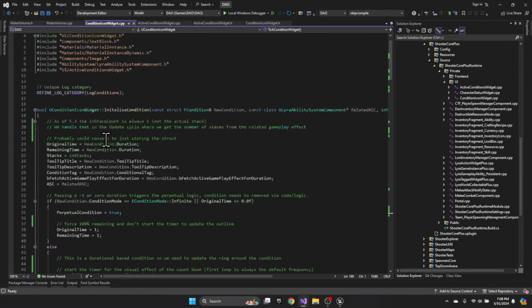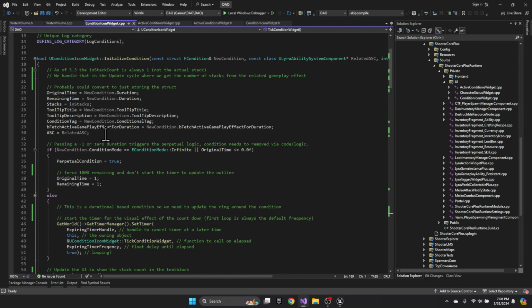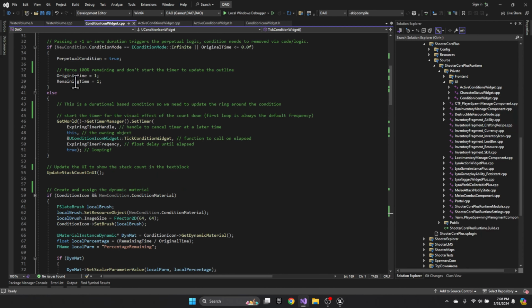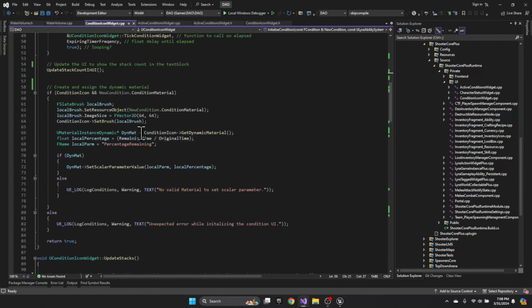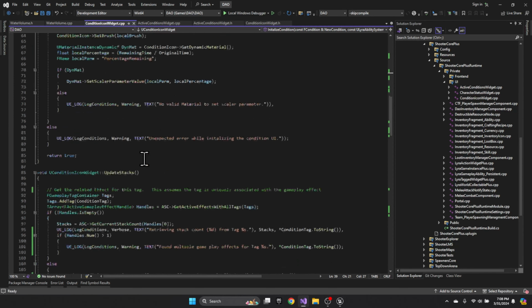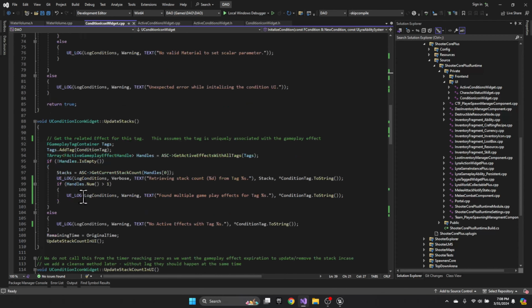We do our initialization, we set all our variables, we either set it to be a perpetual condition where it's infinite, or we set a timer to start looping through the duration. We create our dynamic material. We're using the parameter percentage remaining and setting that scalar parameter. And then as we update stacks, we have to go and get the